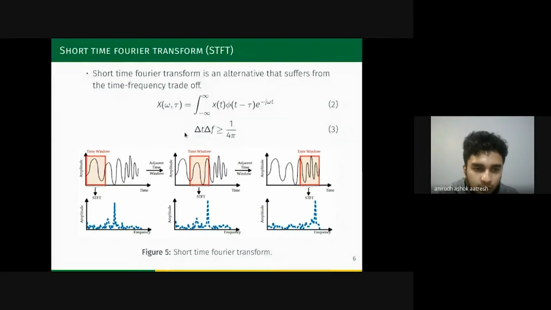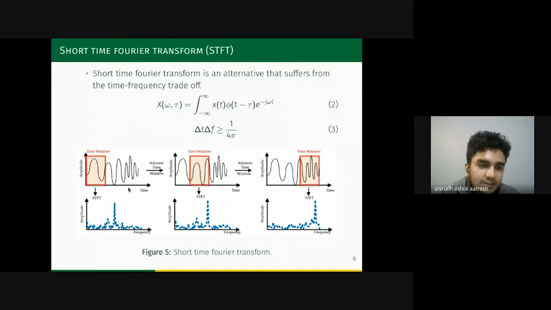Although this does help us localize the frequency in the time domain, the resolution at which that localization happens still causes a problem. This short time Fourier transform deals with a fixed representation of the frequency and time domain axes. Because of that fixed representation, it causes certain problems when you want to deal with quickly varying signals and slowly varying signals.